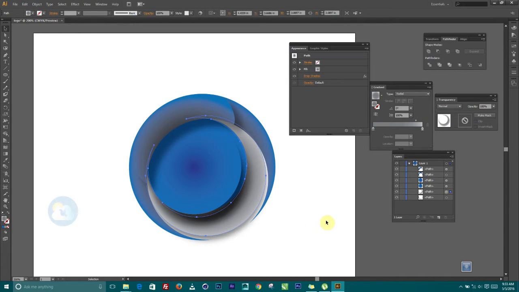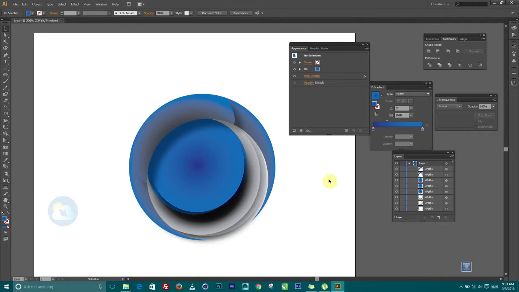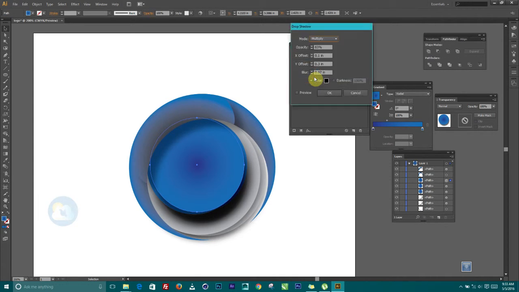Okay, so let me show you one other thing before I go. I'm going to select this and make a copy of it holding down the Alt key. You can see that now. Then one last thing I want to show you is that you can make a copy of this one towards this side. The depth is getting too much, but what we can do is to select it, come over to our drop shadow,